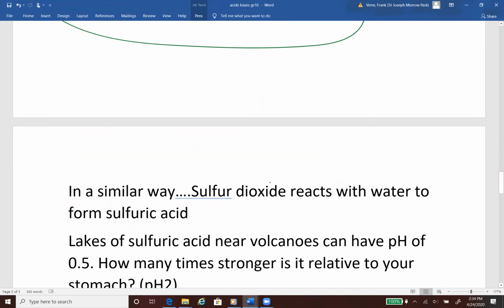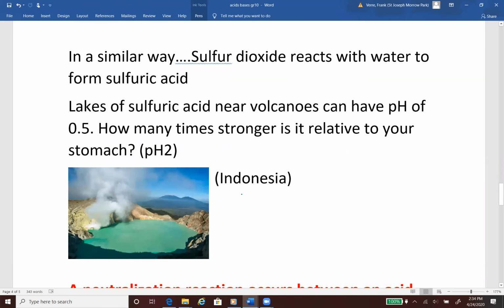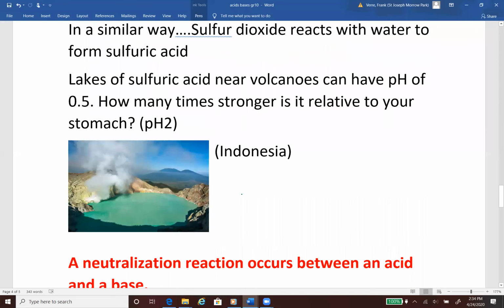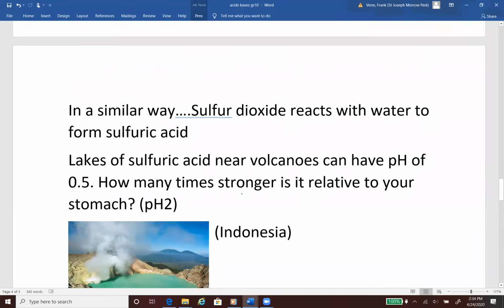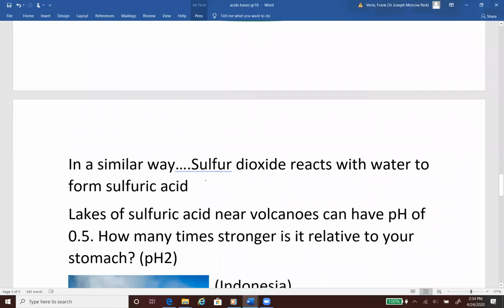Another thing that could be produced from pollution is sulfur dioxide. But sulfur dioxide can also simply be produced from volcanoes. Volcanoes can shoot out sulfur dioxide. And what's really cool about this next example, here's a picture of a lake in Indonesia. This lake is the result of sulfur dioxide from volcanoes mixing with water. So just like we just saw with carbon dioxide and water forming carbonic acid, water and sulfur dioxide actually form sulfuric